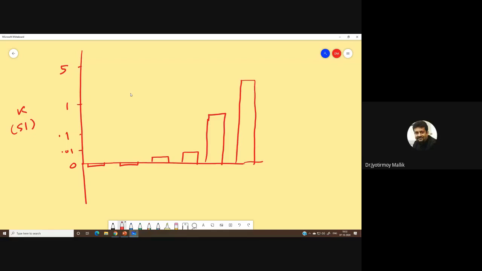Why? Because quartz is diamagnetic, right? So it has a negative susceptibility value. That is right. If it is quartz, it has a susceptibility value of minus 1.5 into 10 to the power minus 5. Then calcite. Calcite is also diamagnetic at room temperature. Remember, 4 into 10 to the power minus 5. Pyrite is 0.0015.